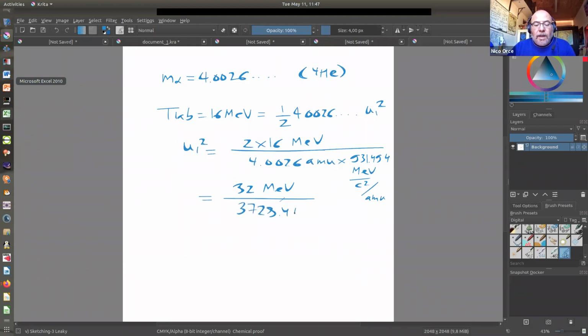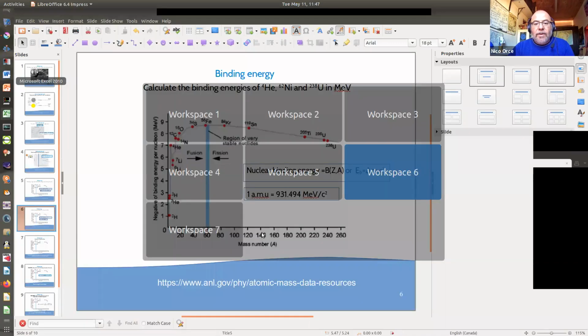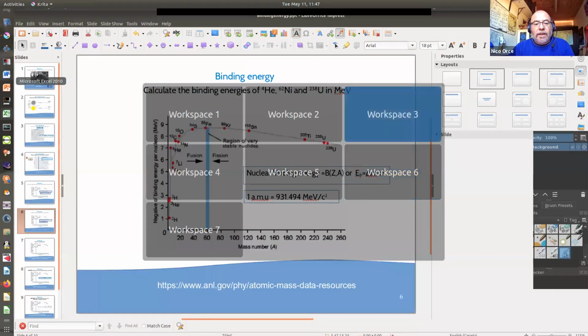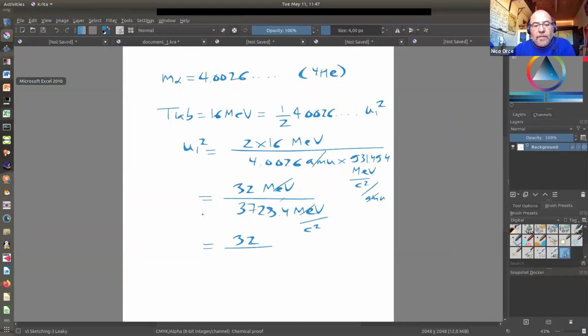3728.4, and this is now in MeV per C square. We remove the AMUs here and here, right? And now we can remove this and this. And then we have 32 over, and let's see if that's correct, 32 over 3728.4, and then this C square goes up. So basically, this is equal to